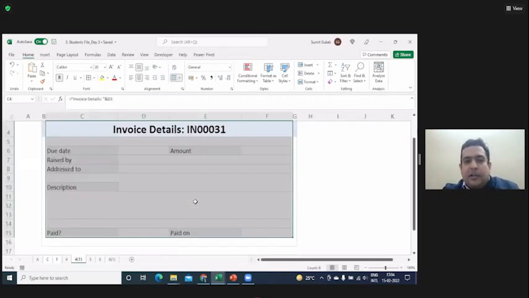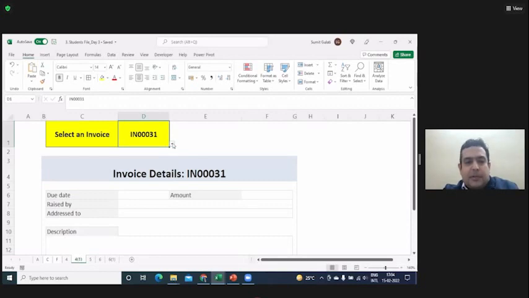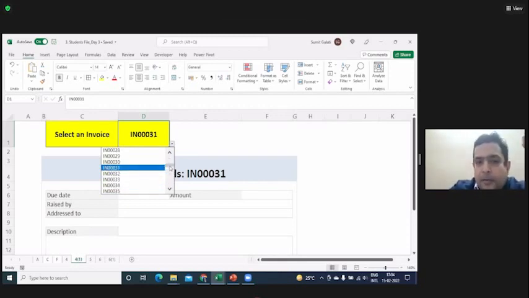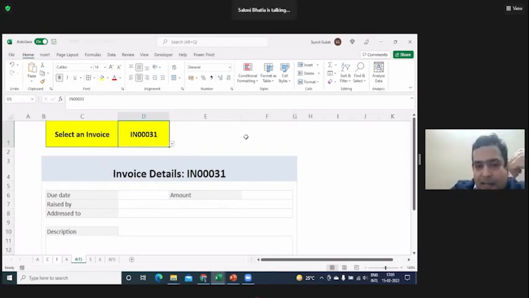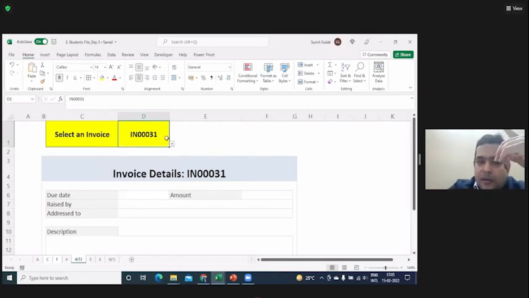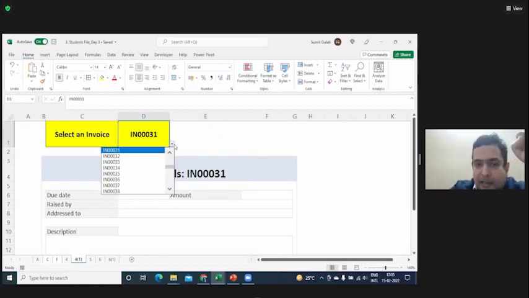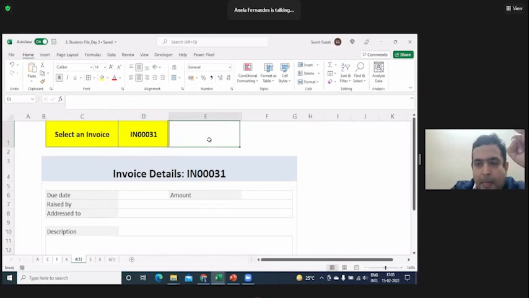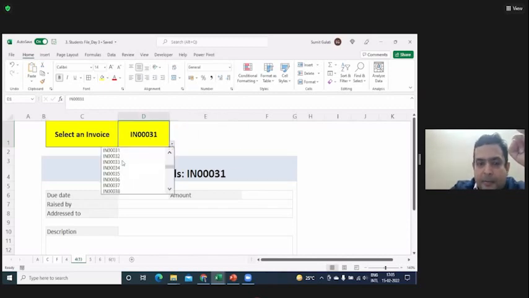Is the drop down working in your system? Everybody try it out. I've created one drop down out here. Everybody, can you see the drop down? Sir, it's not visible. Click here, sir, and see if it is working. Yes, sir, now it is. Click on this once and see whether it is visible or not. After clicking, it came. It is coming, right? In mine, it is not coming.